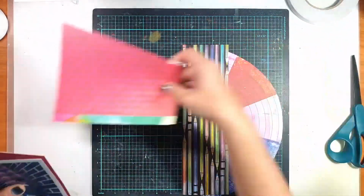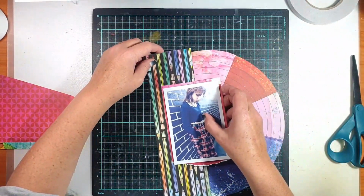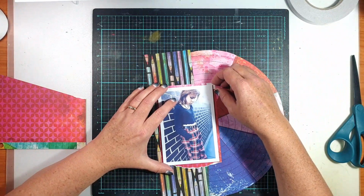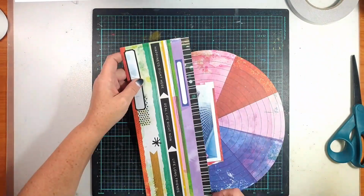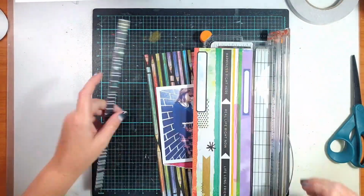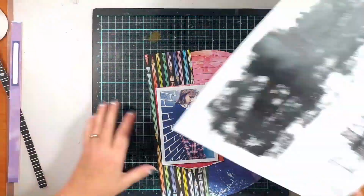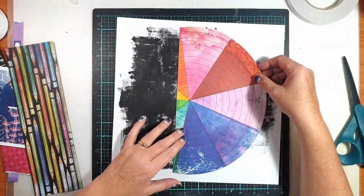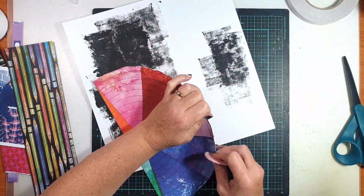So I had decided to use that bold pattern with the pencils on it to cover up the line where I had cut that colour wheel in half, because I did not want any of the green or the orange or any of the other colours showing through. And I really needed to place something on the edge of that colour wheel to also give it a full stop. Now, I looked for something that had a vertical pattern like those pencils, because I really wanted to break up the circularness of the circle. I really wanted to break up that roundness, and I really wanted to get some hard vertical line happening